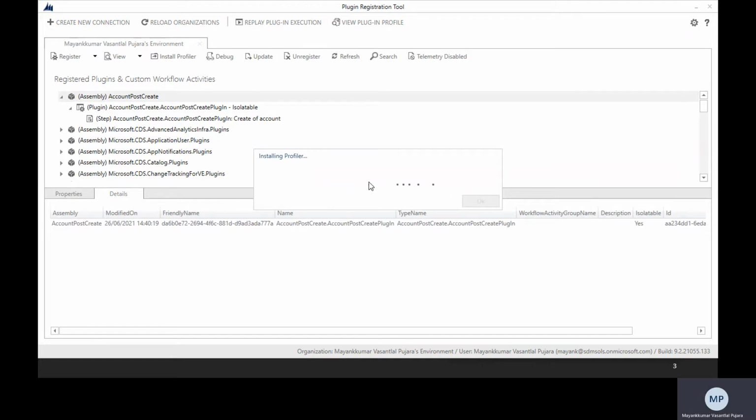Once it's installed, you could redo the action, and that will create the profile events which you could use in your code to debug. That can also take any configurations that you can pass as a part of steps that we see. So while this is installing,